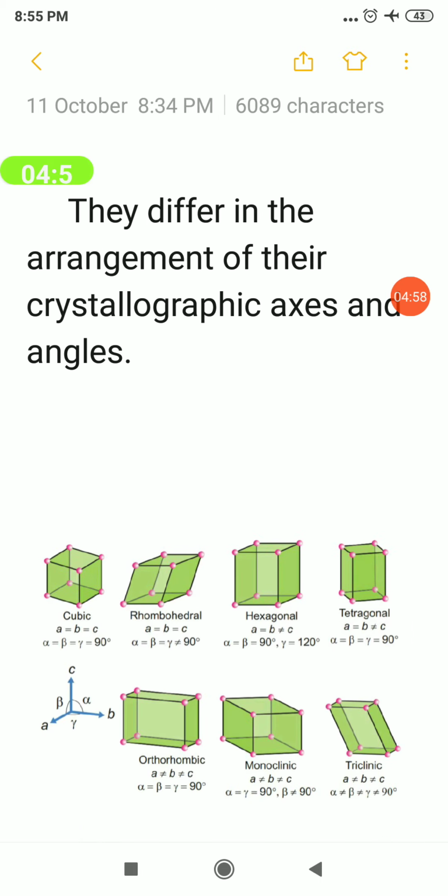So these are the structures of such, one cubic, rhombohedral. Here the A, B, C, alpha, beta, gamma are there, no? That is the edge length and the angles between the edges. For every crystal system it will be different. Okay, students, go through this video and have a better understanding.